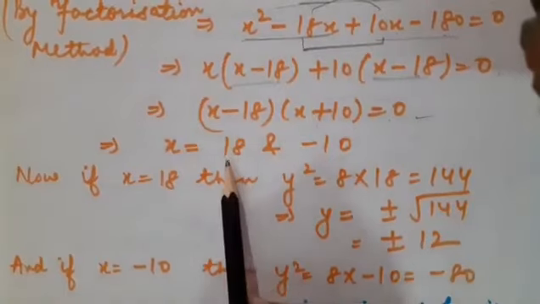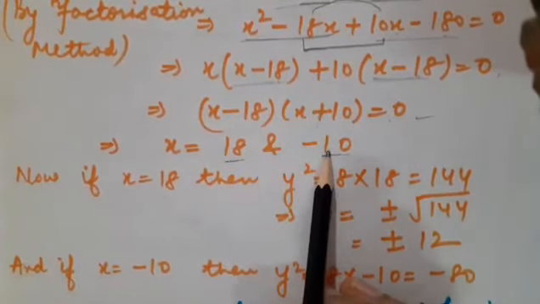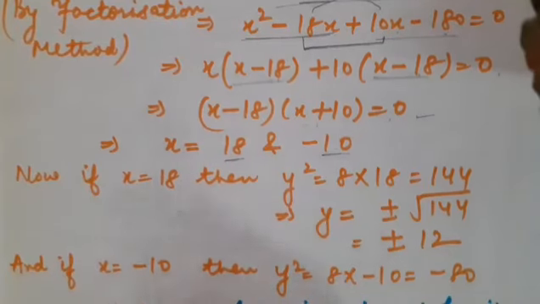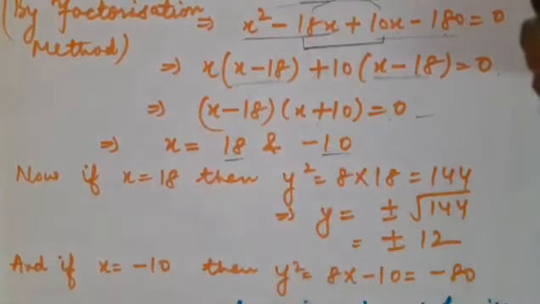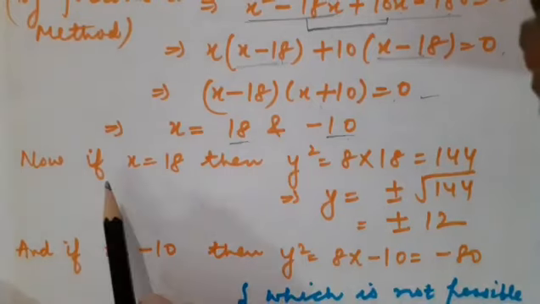See children, as I have got two values of x, then on the basis of these two values, definitely I am going to get two values of y. So in this way, the quadratic equation must be having 4 values. But we know that in a quadratic equation, the roots are 2 only. Fine. So it means either of the two values will be rejected. So let us check which value will be accepted and which one will be rejected.